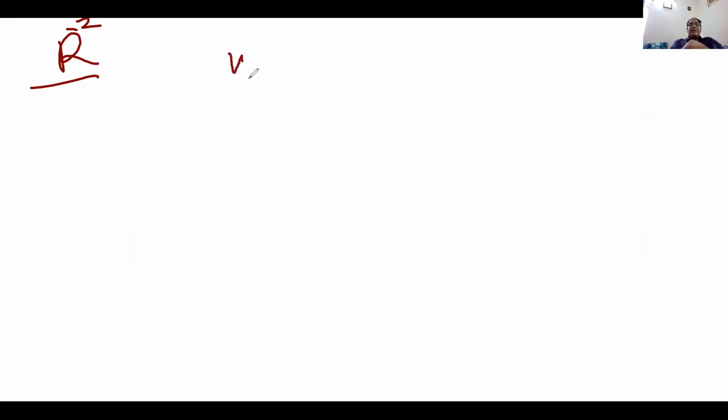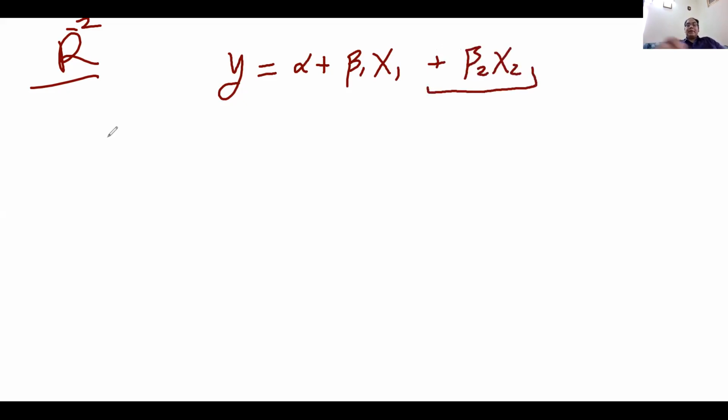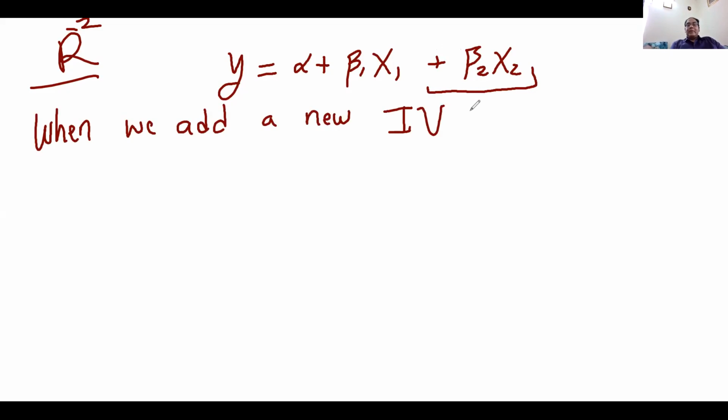We are having a regression model y is equal to alpha plus beta 1 into x1. Suppose I want to add beta 2 into x2. Now this portion I want to add, right? So when we add a new independent variable in the regression model,